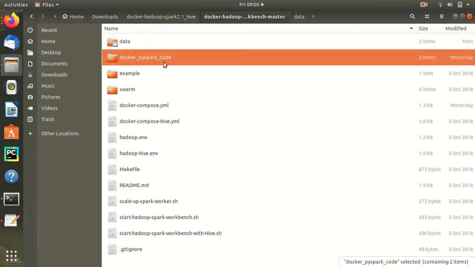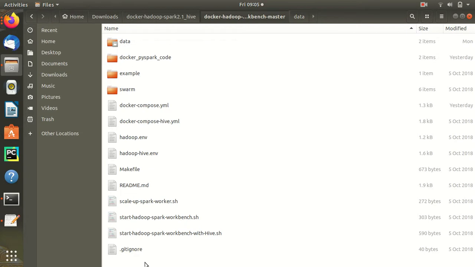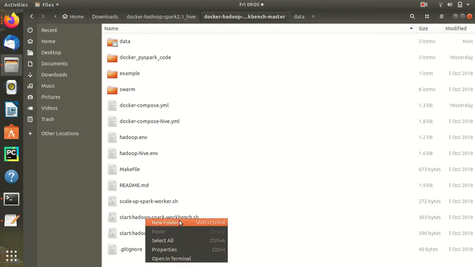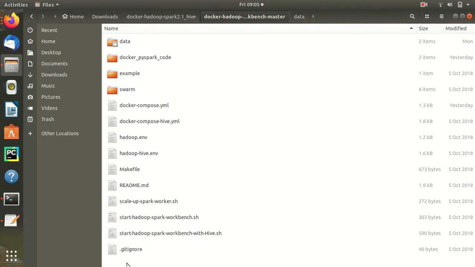This folder will not be there in yours. I have created it, so you will also create it. You right click and create a new folder, for Ubuntu and all Linux, and for Windows and others also you can right click and create a folder.